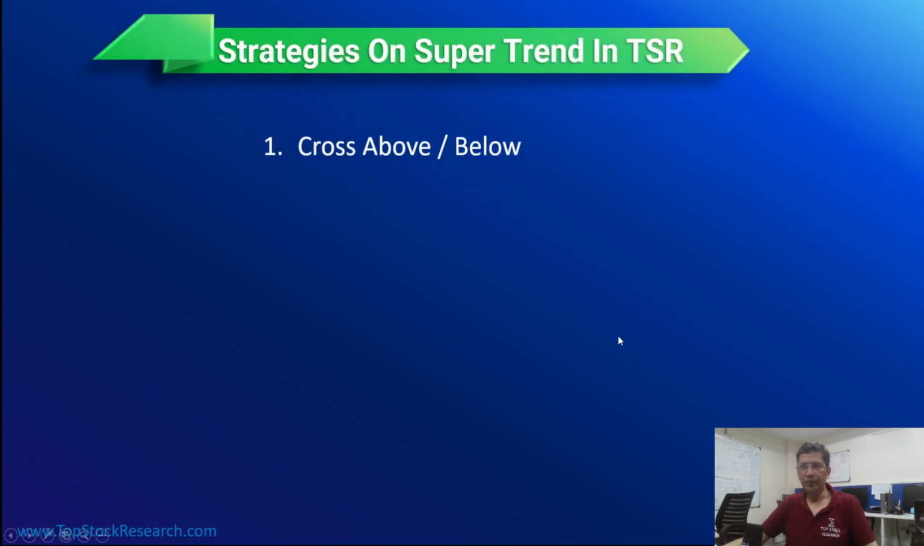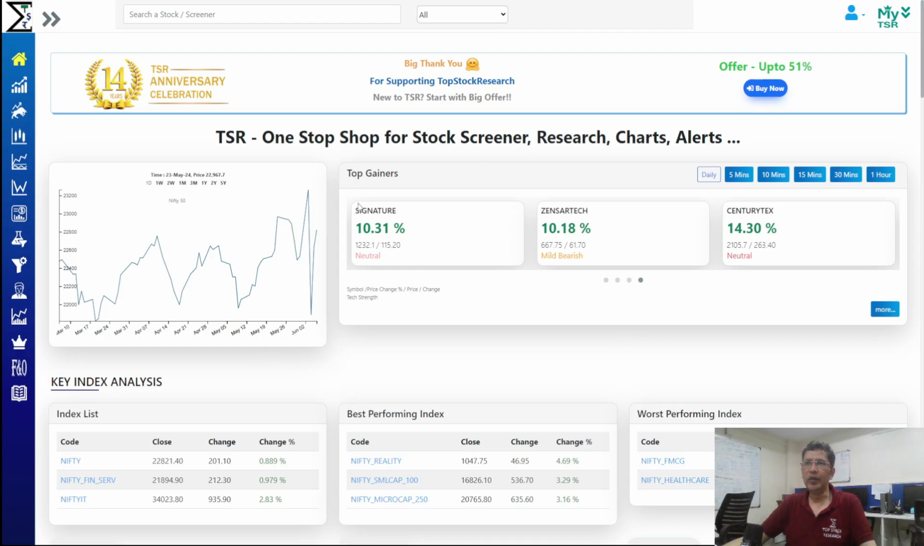Strategies on Supertrend. The most common one, and what you'll see in a lot of places, is when Supertrend crosses above or below the price line, or price crosses above or below Supertrend. So we go here,